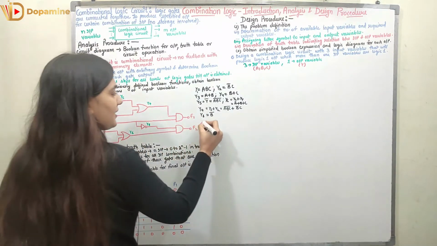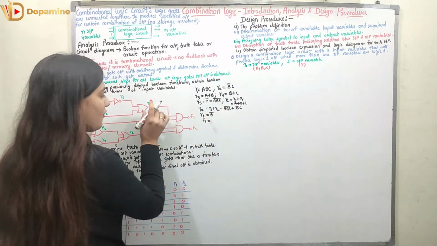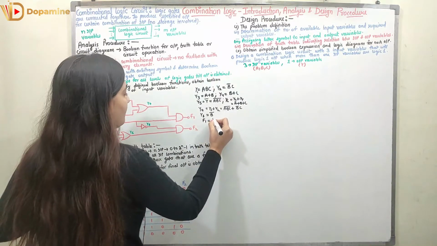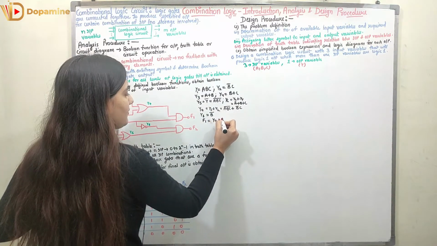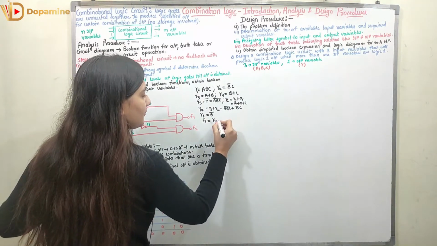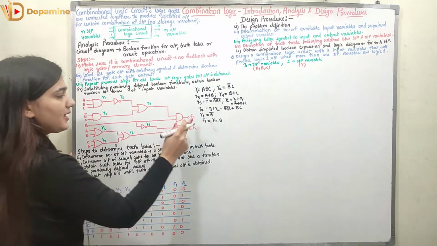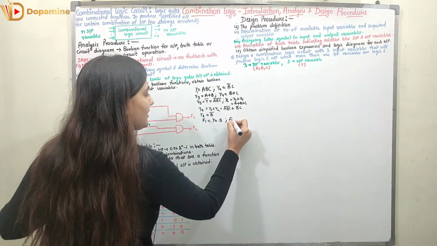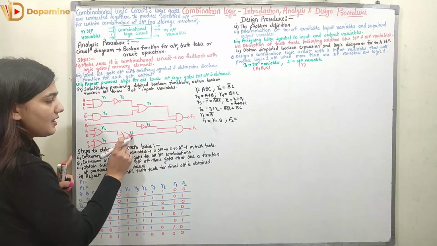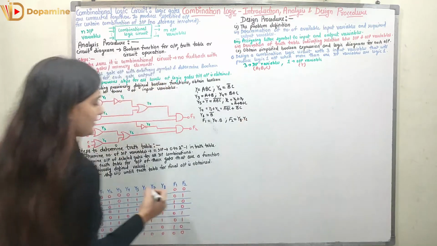Right, now we will find out F1 and F2. So F1 and F2 in terms of Y7 and B we have to find out. So F1 will be equal to Y7 plus Y7 into B. This is the AND gate. So Y7 is multiplied with B, I will get F1. Similarly F2 in terms of Y's. So here we have Y8 and Y6. So it is Y8 multiplied with Y6.